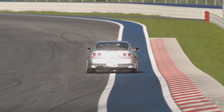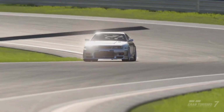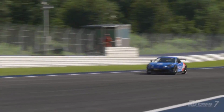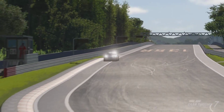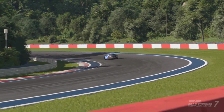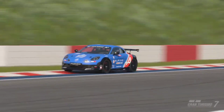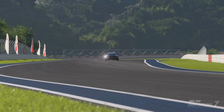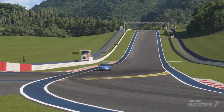Now, if we move on to a vehicle that is also just a lot of fun, but lacks the side of fuel economy, that is the Alpine A110 fitted with the engine from the Nissan R35 GTR Nismo. This vehicle is an absolute blast around any circuit, whether it's very short technical circuits. The Alpine's agility and lightness is what really brings it into effect, because the Alpine comes in at 983 kgs,